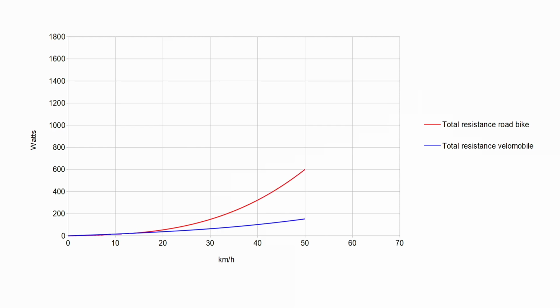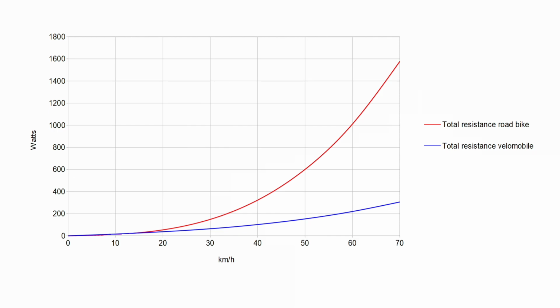At 50 km per hour, 150 watts in a velomobile can be sustained for hours on end, while the road bike requires superhuman strength. No world-class professional can hold 600 watts even for 10 minutes. Beyond 60 km per hour, the power on a road bike has to be measured in kilowatts, and 70 are unreachable for anyone, except in a velomobile. Many amateurs can output 300 watts for a long time.